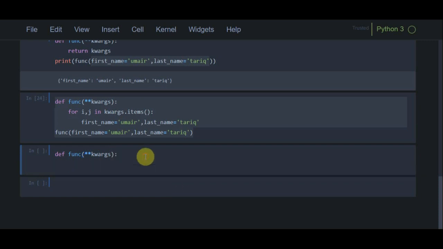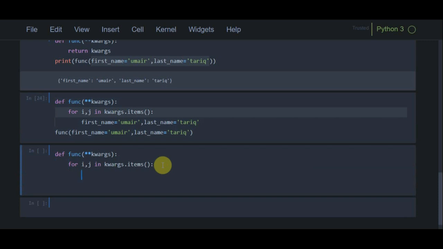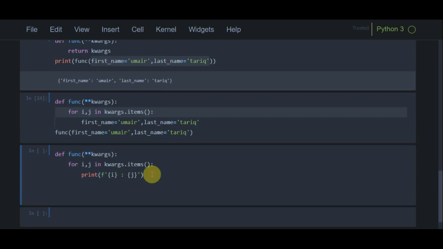Now I just need to use the for loop, and inside the for loop I can directly print i for the keys and j for the values. Sorry, yes, now it is perfect. Now j is for the value.